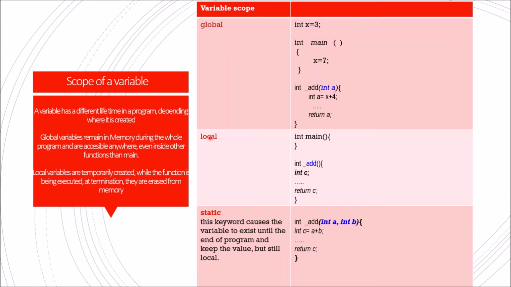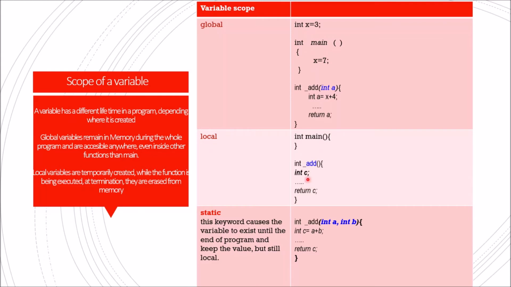Now, a local variable is the one that is defined inside a function. It means that it won't be accessible to the rest of the functions. For instance, if I try to use it or modify it from int main, it will throw an error because it is only usable here, okay? Also, as far